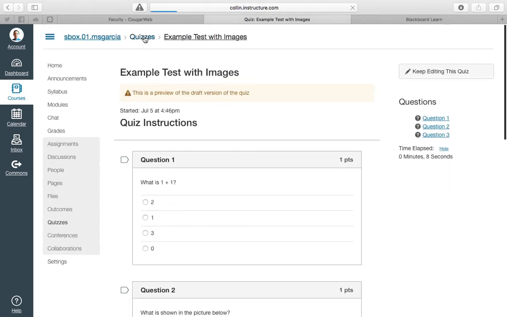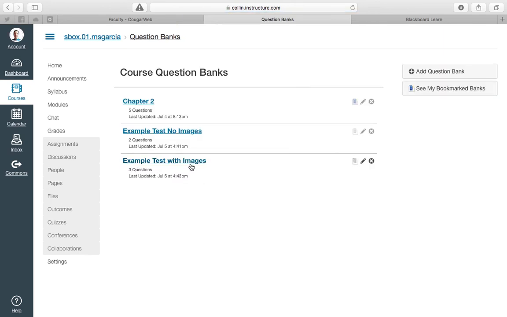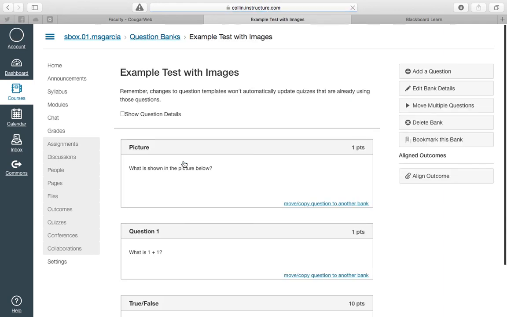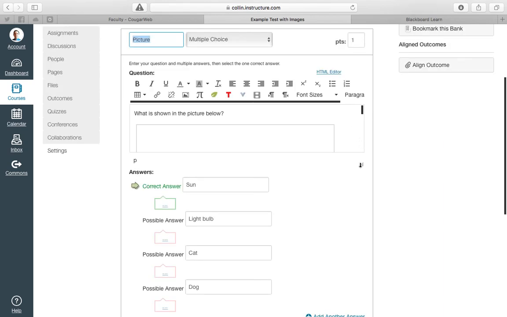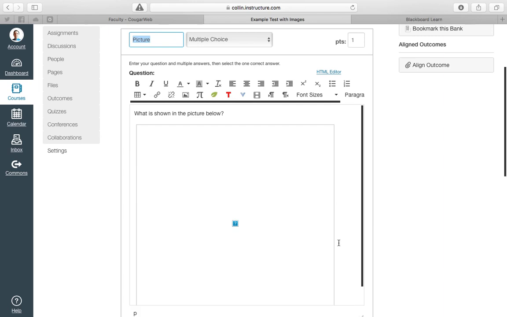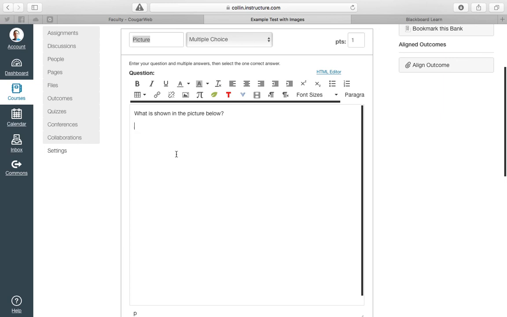So when I go back to Quizzes, I'm going to go over here to the cog, and I'm going to choose Manage Question Banks. And then I'm going to go to Example Test with Images. Click on that, and here is my question that does not have the correct image. So I'm going to click on Edit this question. I'm going to highlight the broken image and delete it,